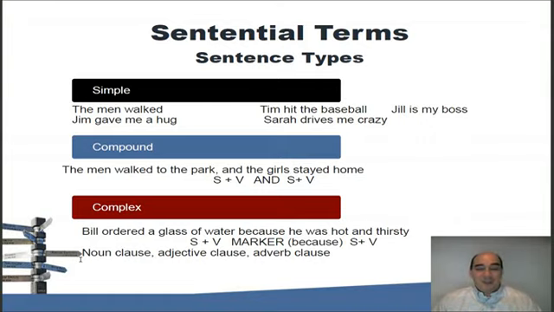Simple sentence: the man walked, right? Sarah drives me crazy. Tim hit the ball. Subject, verb, object basically is your simple sentence. Then you get a compound sentence, and that's basically two sentences combined with a